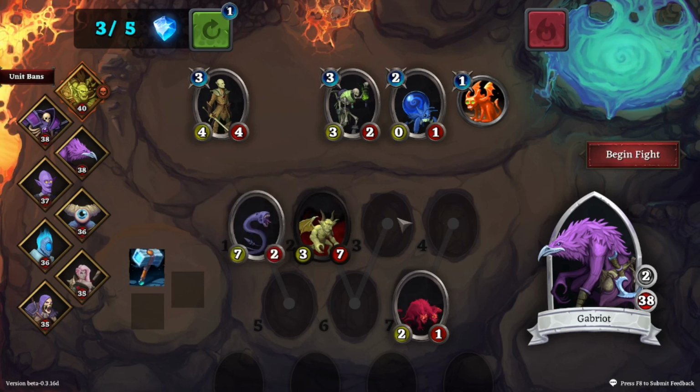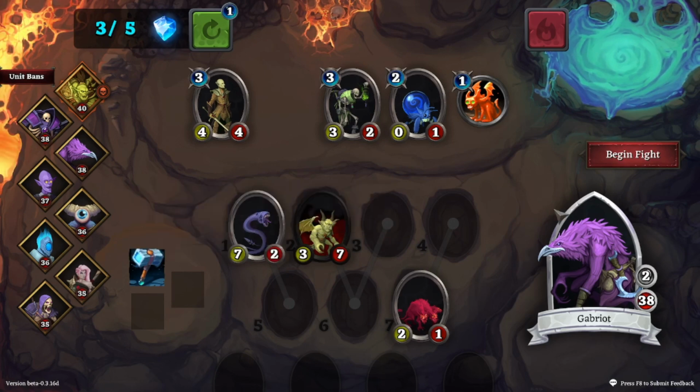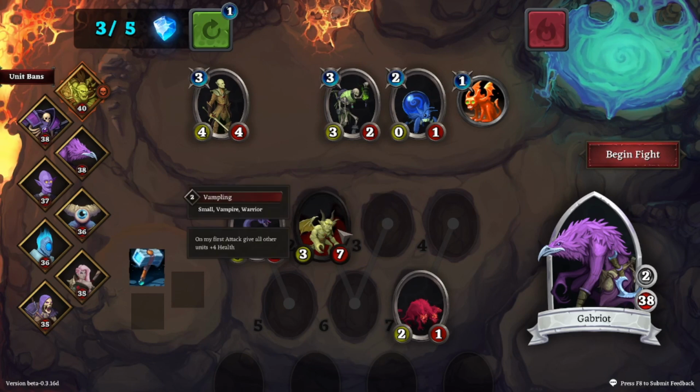Because before, I had two separate vamplings, which were 2 different vampires, which gave the Bloodsucker more attack. On top of that, my Silverbeak here gives +2/1 for every pair of units you have on board. So now I don't have a pair anymore. So I actually lost some stats on this Bloodsucker for doing this, but that's a trade-off that you make